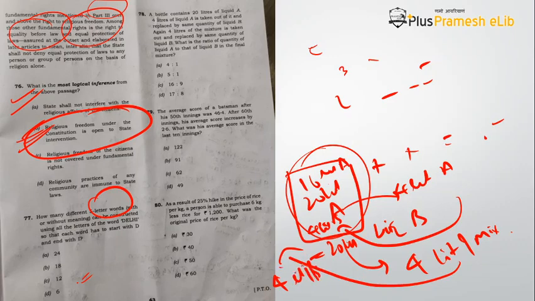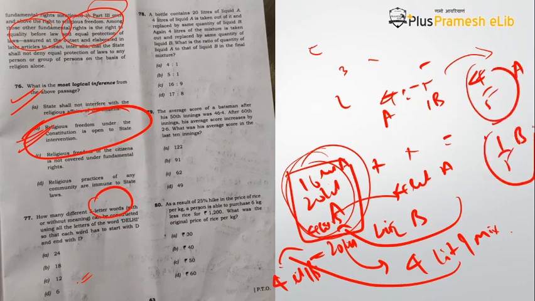So it is asking you what is the ratio of the quantity of liquid A to that of liquid B in the final mixture. All you have to do is first of all see what is this 4:16. This is 4:1. That means in the mixture you have 4 units of A and 1 unit of B. Okay, so if you take out 4 liters of mixture, then if I make 5 parts of it, 4 by 5 parts will be of A and 1 by 5 parts will be of B. Okay, so you will find what will happen.